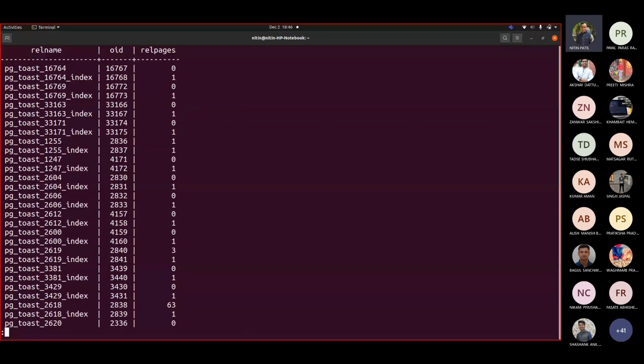So try to find 33163. Can you see that here? Yeah, this one. Correct? Are you with me? Now see how exactly your database engines also take care of such kind of stuff.